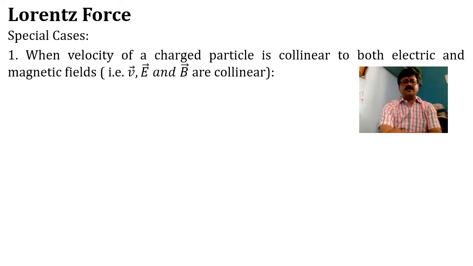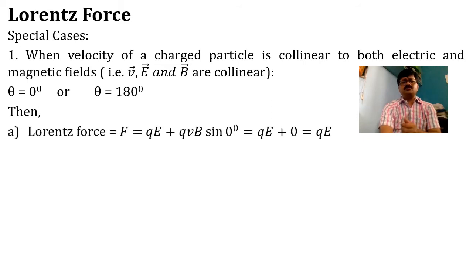This is the most important thing that you have to remember. So I can very easily say that the angle between the velocity vector and the magnetic field vector is either 0 degree or 180 degree, is it not? Because the velocity will always be linked to the magnetic field, because in case of magnetic force we have V cross B. Remember that. Then under this situation, the Lorentz force will become equal to Q into E plus QVB sine 0 degree, because V cross B can be written as V into B into sine theta, and theta is 0 degree here. So sine 0 is 0.